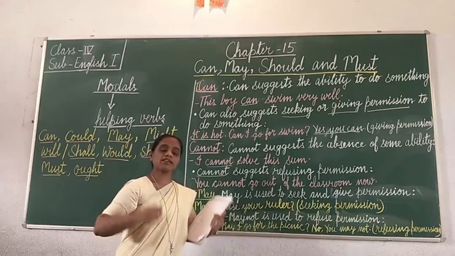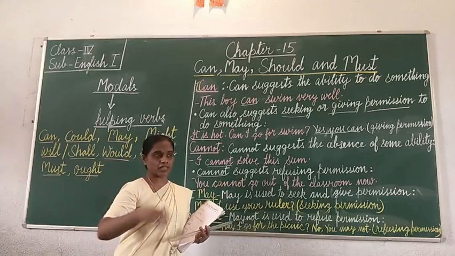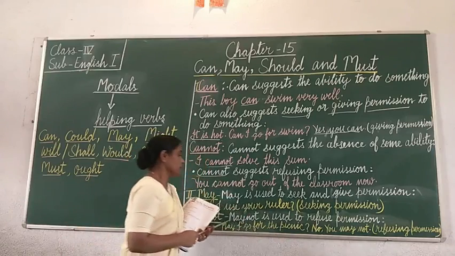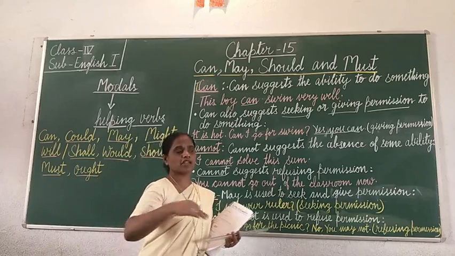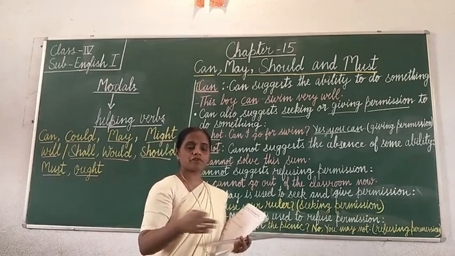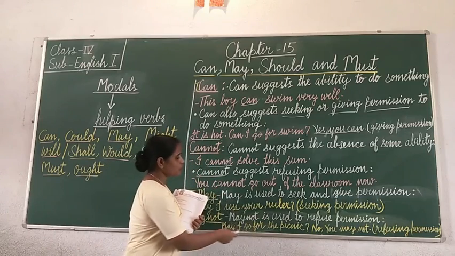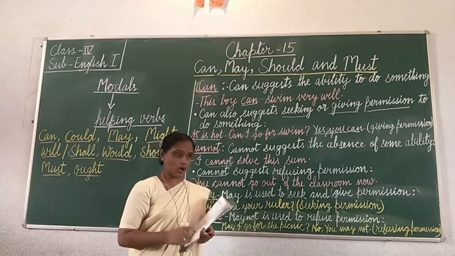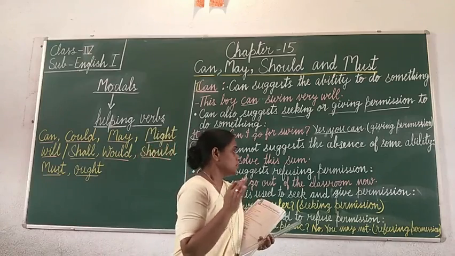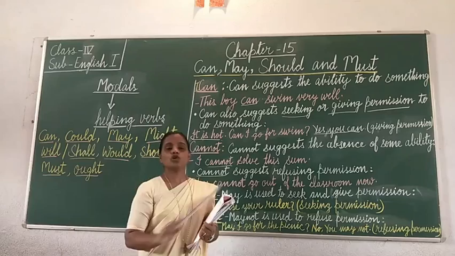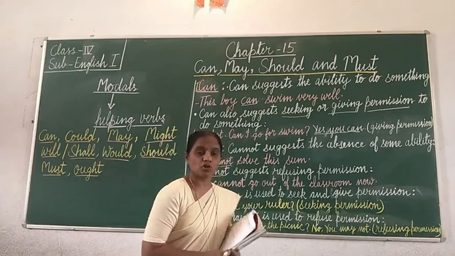Permission. So when asking permission, I am asking permission with my class teacher, with anybody else. I am asking, may I go for the picnic? Or when I am asking from my parents, or when you are asking from your friends or from your parents, you are saying, may I go for the picnic? But they will say, no, you may not go. That means refusing permission, means not giving permission to go for the picnic. So remember,